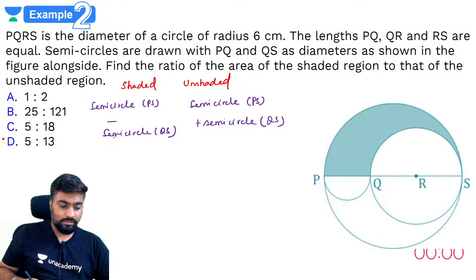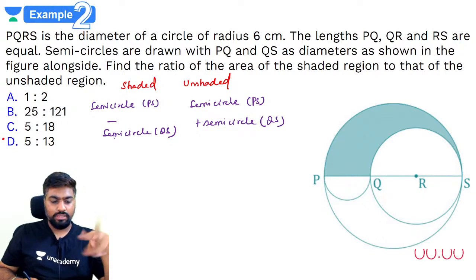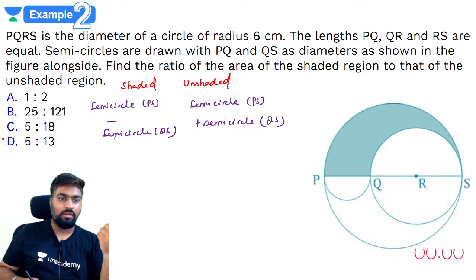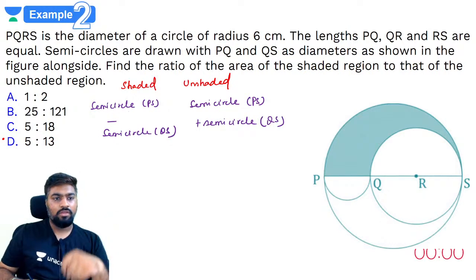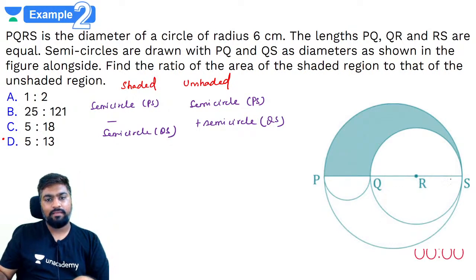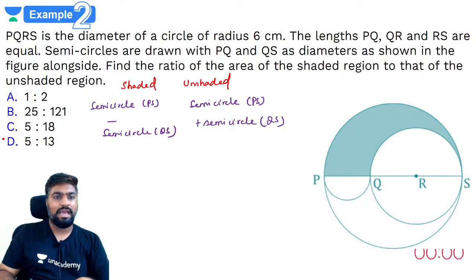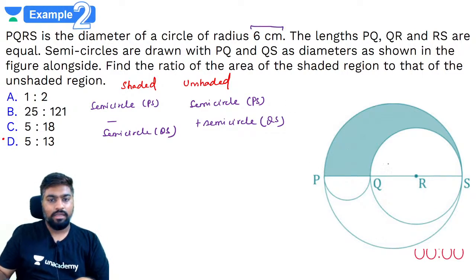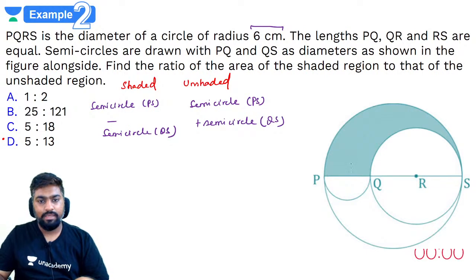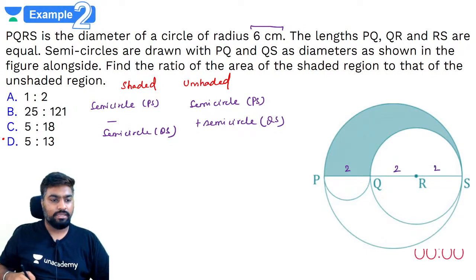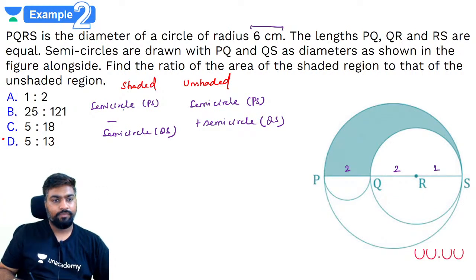No, the opposite. Nalin, what you are saying, the reverse of that, like the reciprocal of it. So what will be the area of semicircle PS? They've given the diameter is 6. Diameter is 6. This entire thing PS is 6. So this is 2, this is 2, this is 2. Diameter is 6. So what do you get? What will the semicircle be? Of the bigger one, basically this entire thing.